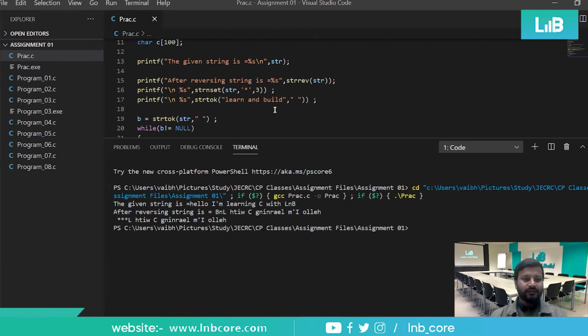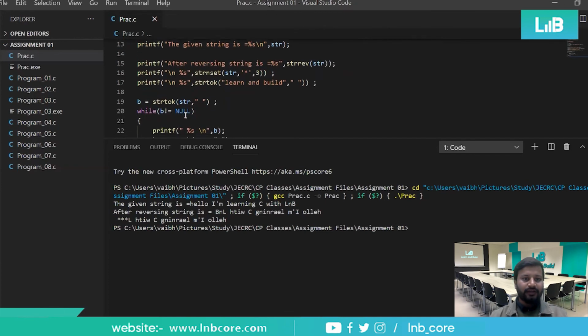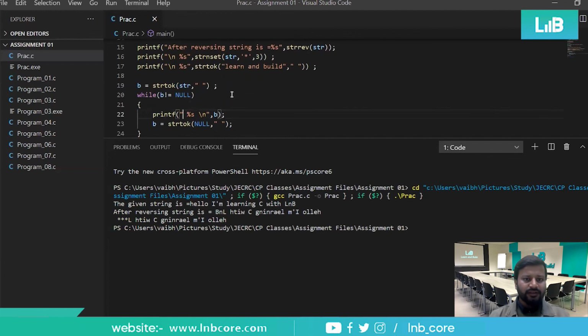Then this was the result, right? Then he did not put backslash in. Yes. So now we want to separate this, learn and build. Nothing has happened for this, I guess. Nothing has happened for learn and build. And then because the initial string that we have given, what is this?